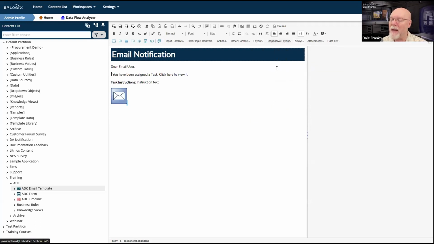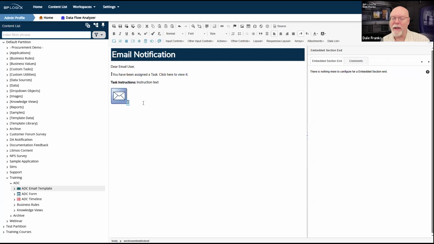the embedded section end. I always need an embedded section end for every embedded section start. It's like parentheses. I have to have an opening parenthesis and a closing parenthesis, or in this case, an opening bracket and a closing bracket. So everything about my initiator resubmission is going to go here.